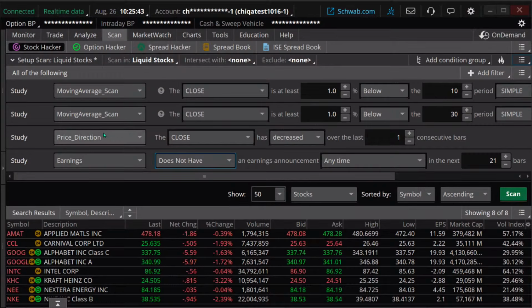This is going to be kind of an obscure issue, I think, that you're not going to deal with here. You can do exactly what I just mentioned. You can use a personal watch list and embed that in a scan. That's no problem at all. The problem is I started with the liquid stock scan. I didn't change it, and then I just started adding in more parameters, so it's giving me an error message for that reason.